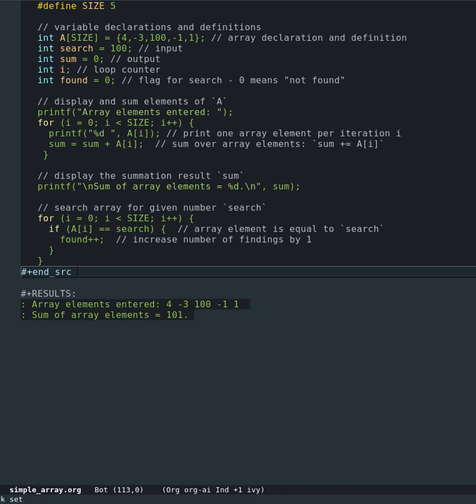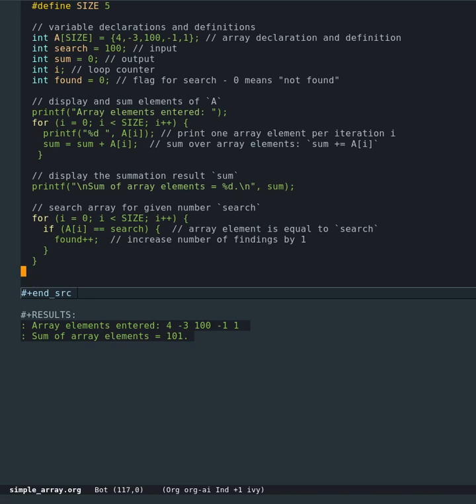Let's reconsider what happens in this loop. The for loop means I'm going to the element A0 and I check if it's the same as search. Then I go to the element A1 and I check if it's the same as search, and so on. And every time this condition is fulfilled, I increase the found flag, the found index, by 1. So all I have to do now is print out the number of